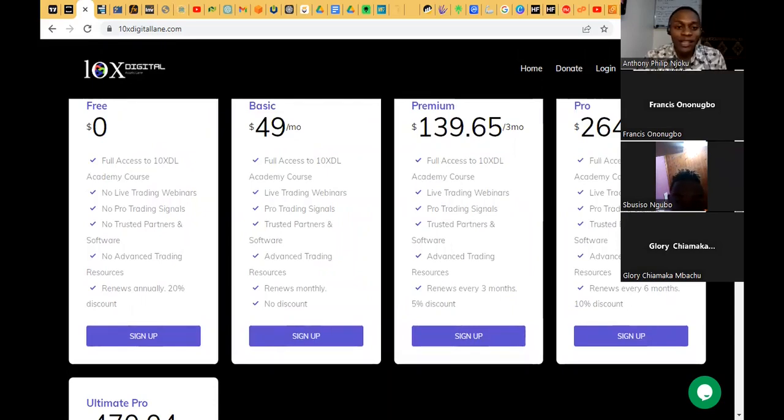You gain access to expert mentors. We are bringing in 2 mentors, one from UK, one from United States of America, who have studied this market profitably and are able to make consistent returns. They'll be teaching you their strategy, teaching you the basics, teaching you the advanced part of trading as well.